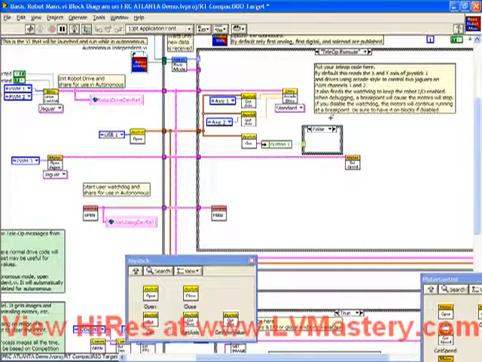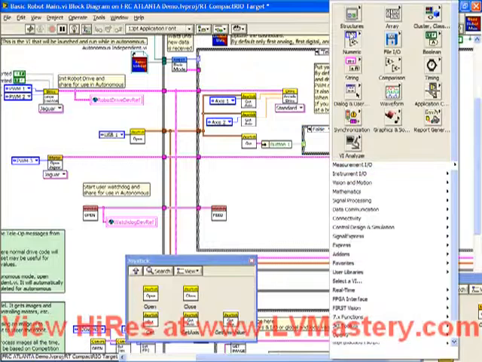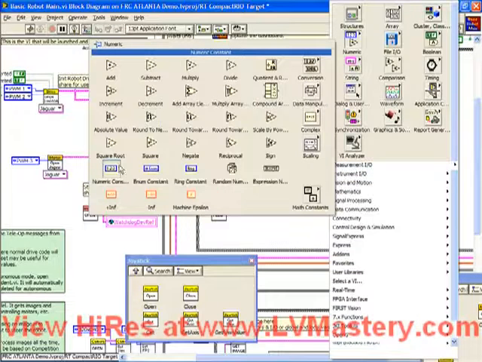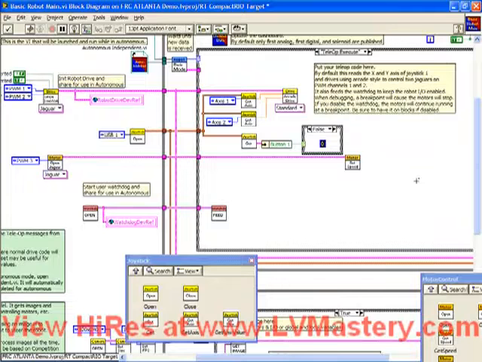If the value is false, the false case will execute. So what I need to do now is just put in speed. Speed is set as a number, something between plus and minus 1, where plus 1 is 100% forward, minus 1 is 100% reverse. So all I have to do is create a numeric constant